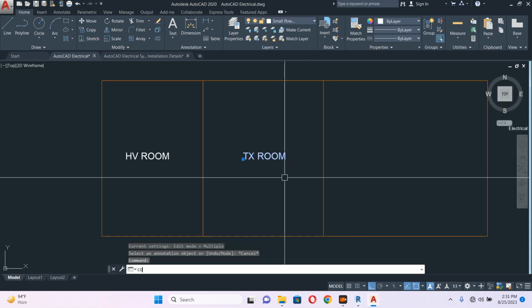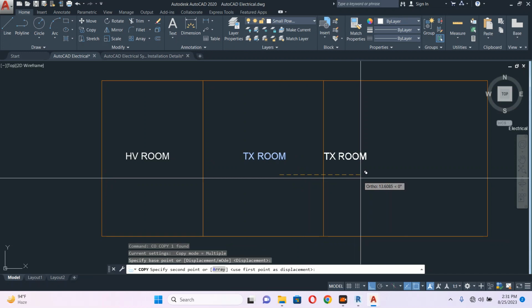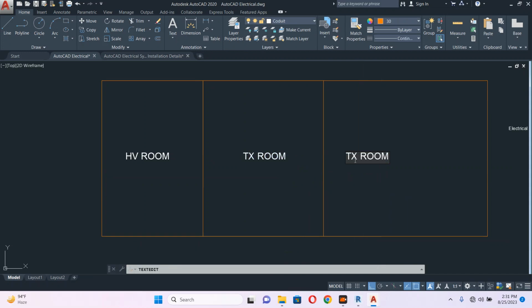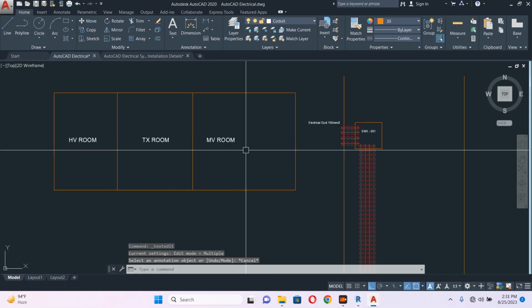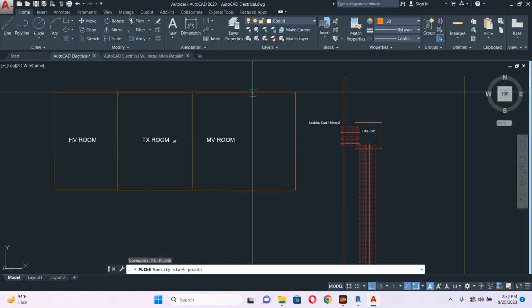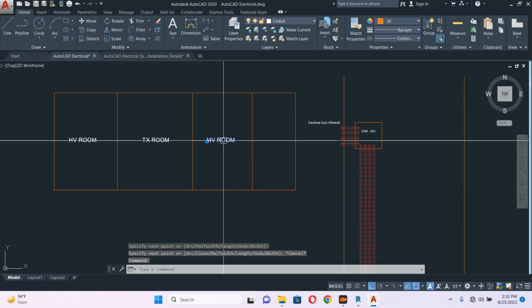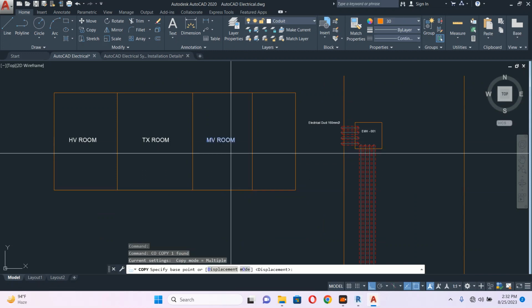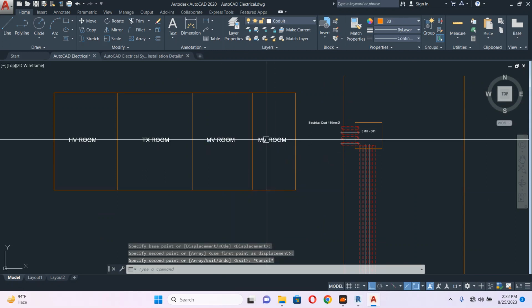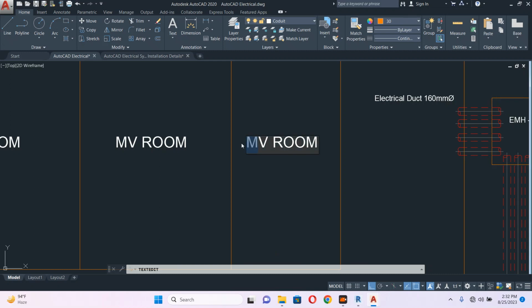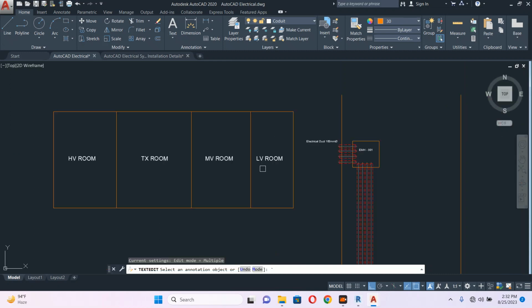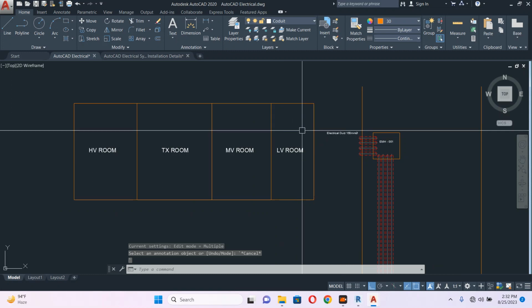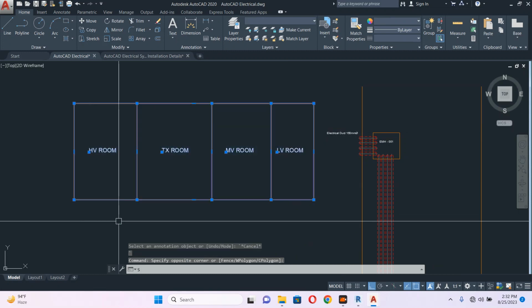Then from here it will be MV room, meaning medium voltage. Then from here it will go to LV room, low voltage. LV room. So these are the rooms available normally in the substation,